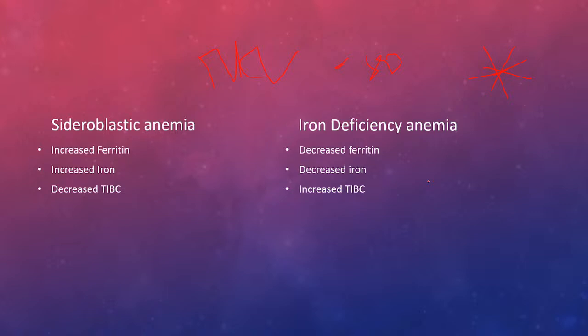Now they're going to present another form of data, which could be in the form of iron, ferritin, and TIBC, and that's how you're going to decide whether the patient is suffering from sideroblastic anemia or iron deficiency anemia. Why is it that when you hear the word blastic, why do I see sideroblasts? Well, basically, you're going to see ring sideroblasts.